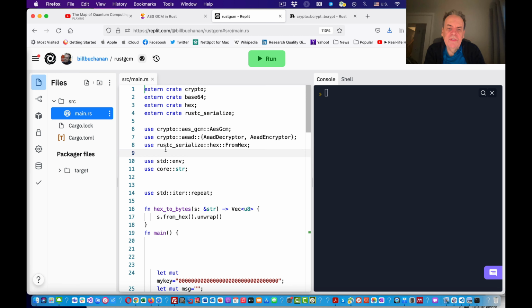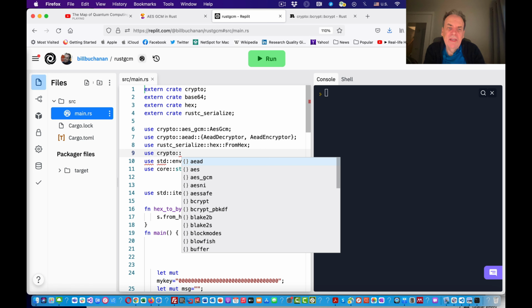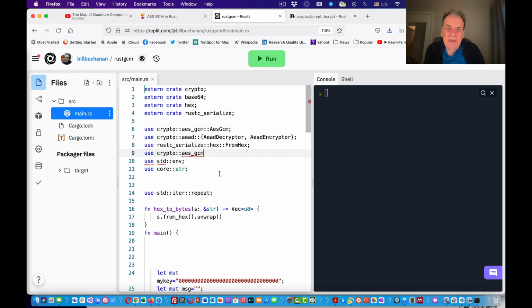Then we define the methods that we're actually using. In this case, you see crypto, and then we're using AES-GCM, and we can get the method there that we're going to use, which is the AES-GCM code.